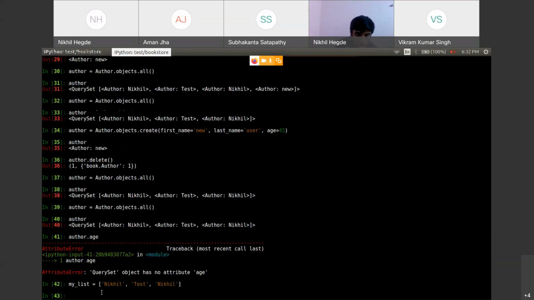So now can you tell me how should I print each item of this list? Then you can just loop through the QuerySet and then print the age. Correct, correct. Yeah, you should do that. Also, whenever you have a QuerySet of multiple objects, you can't use objects.get and then .age on the whole QuerySet. Yeah, I will show you what is the output of that also. Thanks for answering.